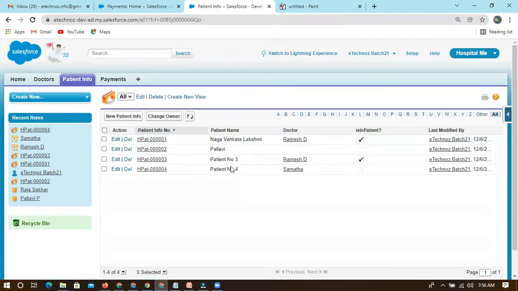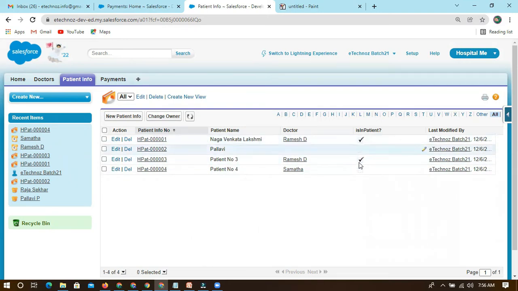Now you can see these fields also. You just need to click on edit and you can see them. This we call a view, a new view. We can create a new view or update the view. So list views we can also create, and here I can add different fields. If you don't want them, you can remove them also.